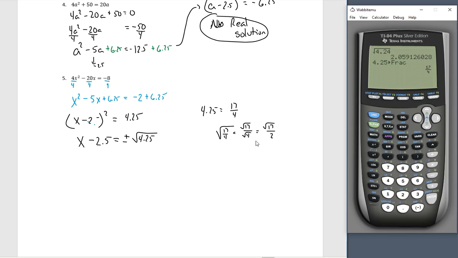We know the square root of 4, but we don't know the square root of 17. We end up with x minus 2.5 equals plus or minus the square root of 17 over 2, which gives us x equals, if we add 2.5 to both sides,